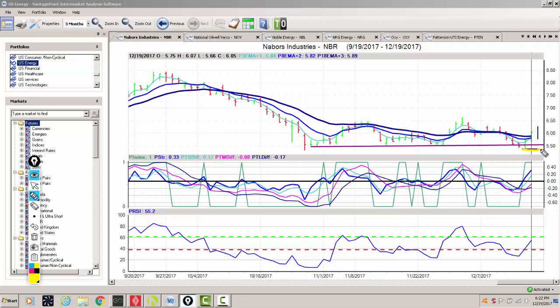So you can see how I've marked a support area here. There's our medium term crossing our long term predicted difference yet again, and you can see how I'm connecting that to this particular signal. We've got our RSI moving higher, which is a good sign here, and we've closed at 6.05, which is above that critical VantagePoint 18-day predicted moving average, coming in currently at